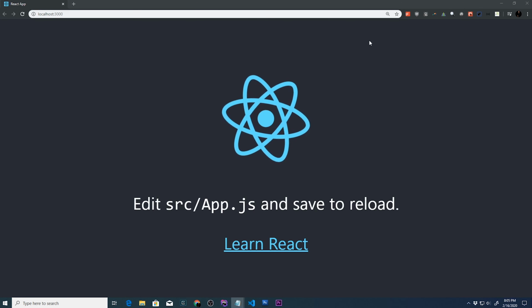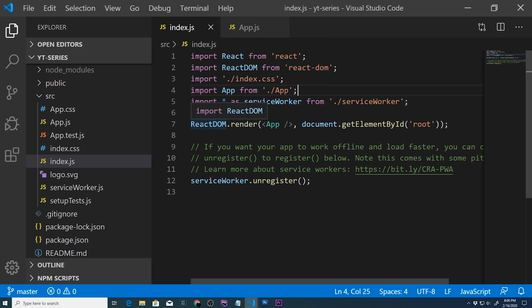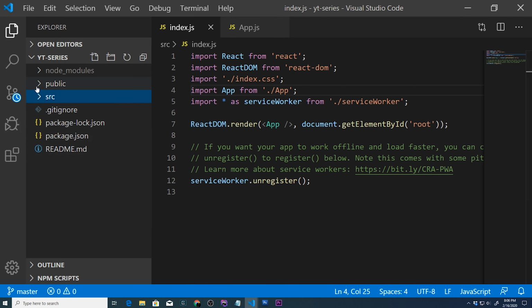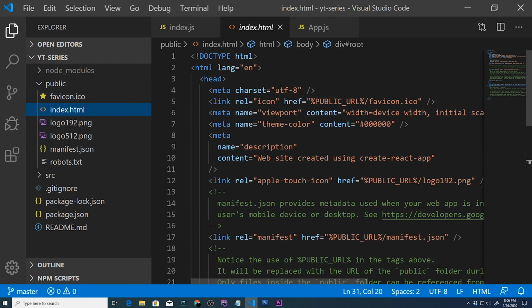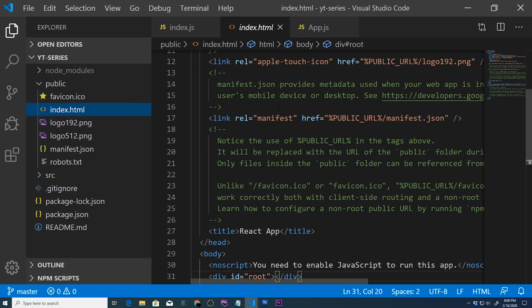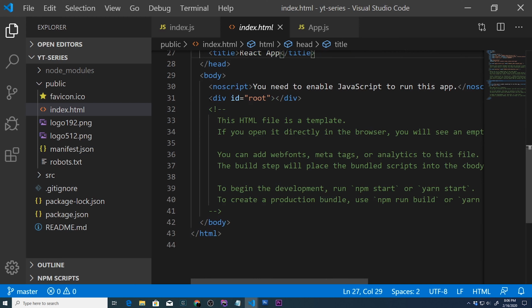Let's explore and set up the project structure of our React app. So let's start again by opening up index.html. If we go to public and open up index.html, let's take a closer look at this. As you can see, this is just a standard HTML5 document. It contains doctype HTML, head tag, title, body, and the main important portion of this is this div with the ID